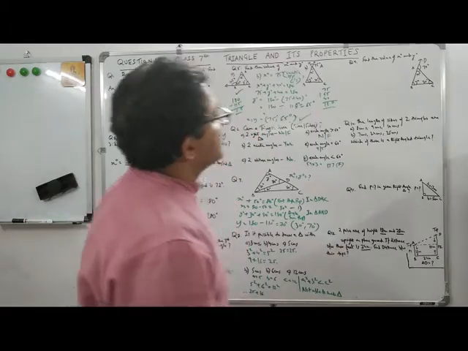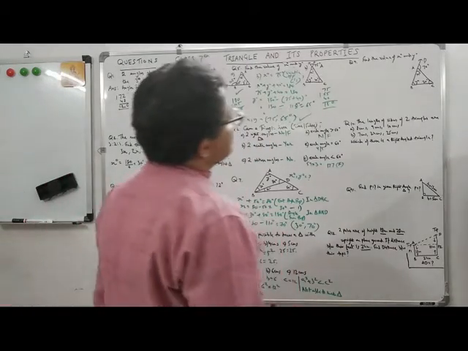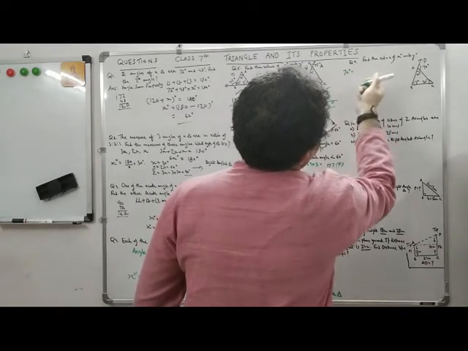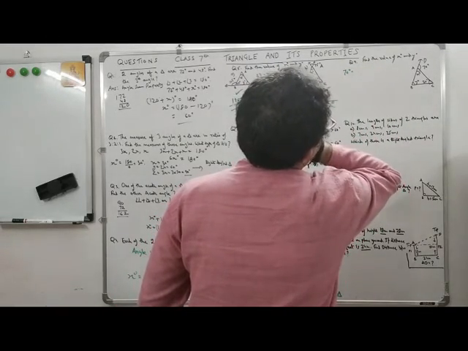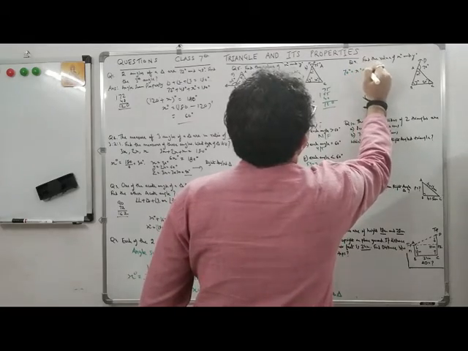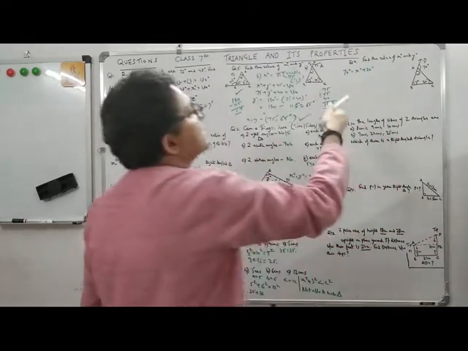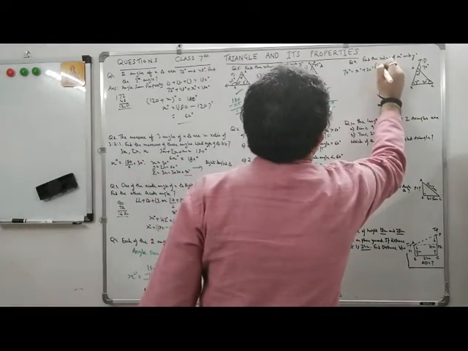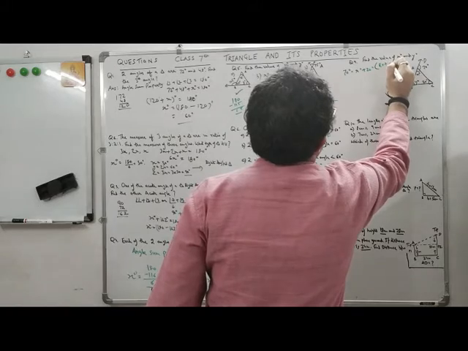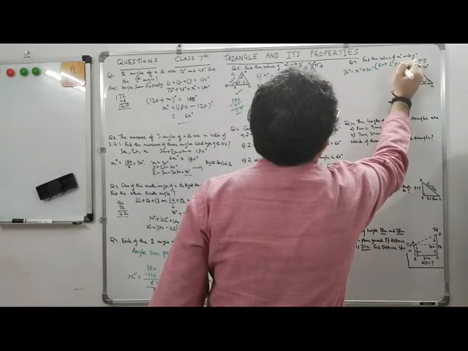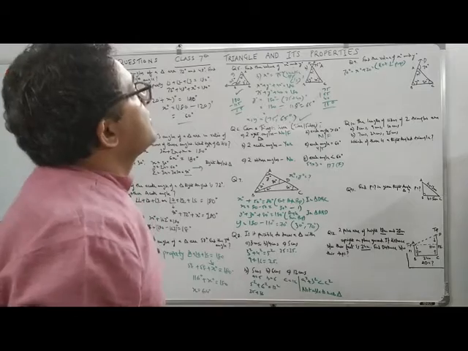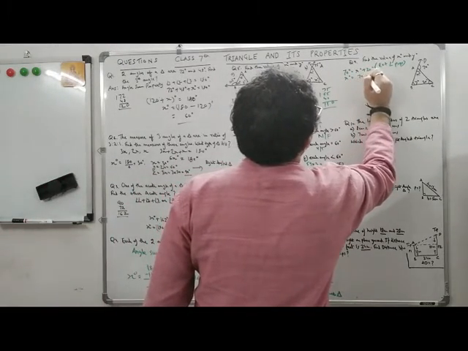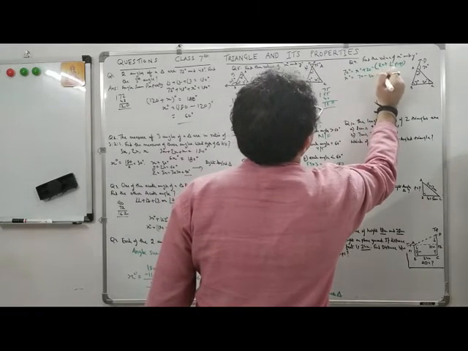Now we'll make use of what is given. The exterior angle is given, which is 70 degrees. So 70 degrees is equal to the sum of the interior opposite angles. Interior opposite angles are x degree plus 20 degree. The sum of the interior opposite angles is equal to the exterior angle, which is the exterior angle property. So x degree is equal to 70 degree minus 20, which is 50 degree.